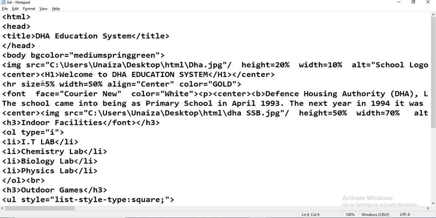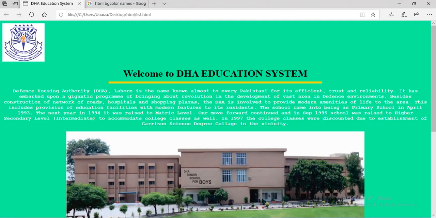Size, width, alignment and color are the different attributes of the HR tag. Alignment is where to align, whether on the left, right or center of the page. Then we have width and size. Width means how long you want it to be. The color is gold over here, so you can observe that as well.